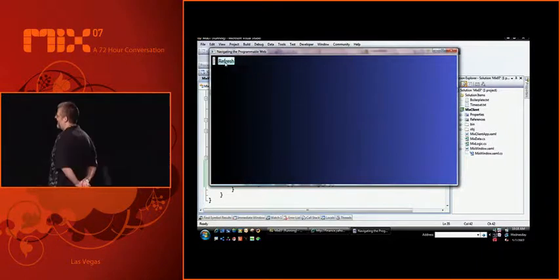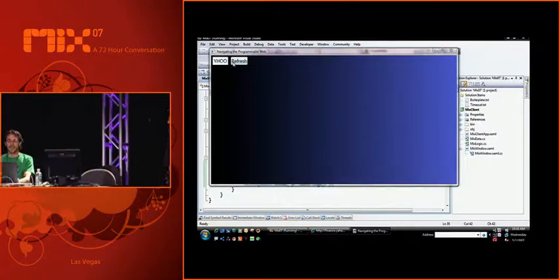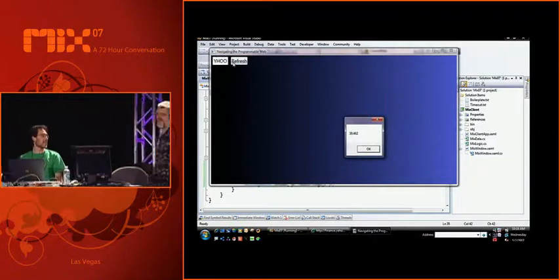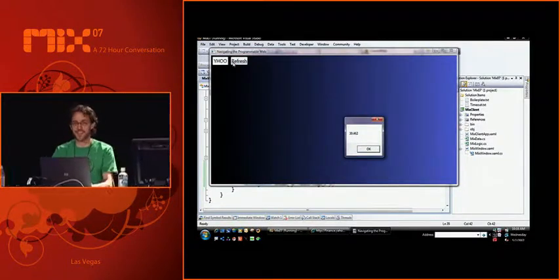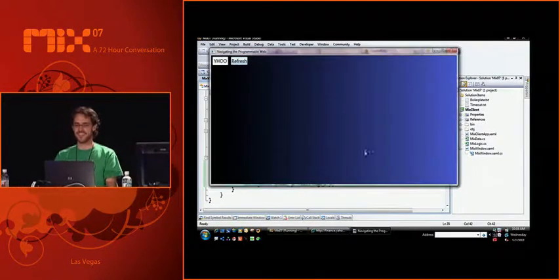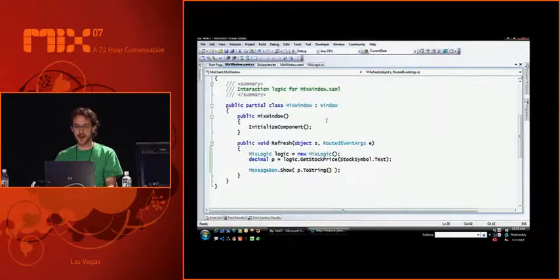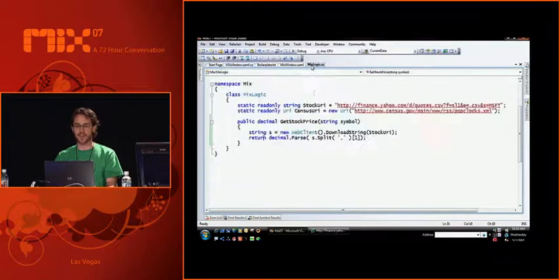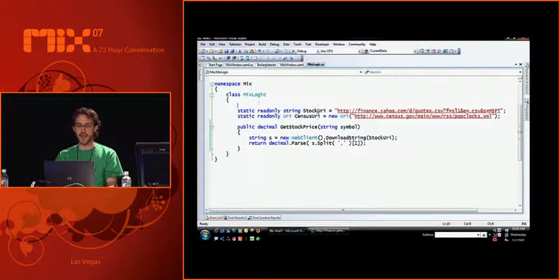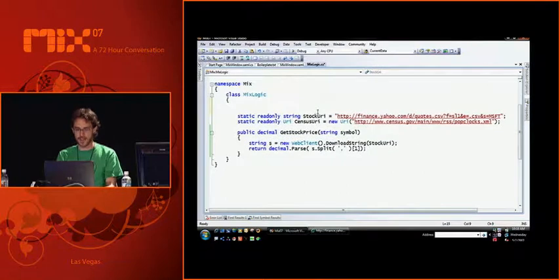Now, the one problem with this code right now, if I go back and I type Yahoo in, Yahoo is apparently at 3046. Like I said, Microsoft is the leading indicator, the center of the universe. Yes. Right. So let's go teach our URI processing machinery here, back in MixLogic, a little bit about the structure of the Yahoo Finance URIs.